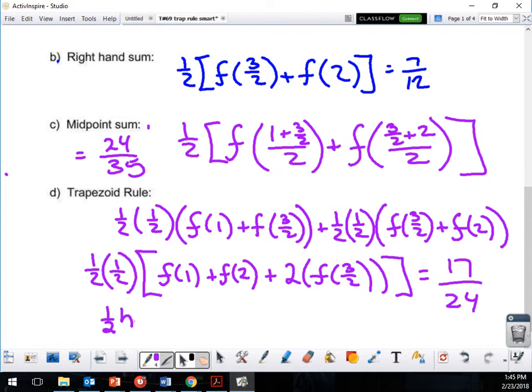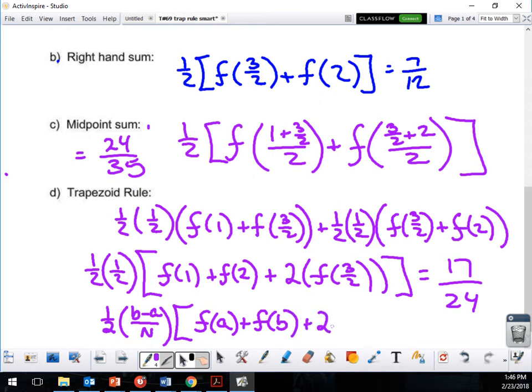But my h, how did I get my h? Delta x. B minus a over n, right? That's how I got that one. That was my delta, how far apart my x's are, the spacing, the width of each one. Now, your number times f of a plus f of b plus 2 times f of